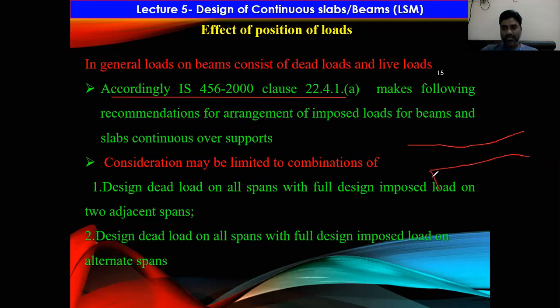That means, as I told now, suppose it is a two span beam, it consists of minimum three spans, because this method is applicable for continuous beams or slabs having a minimum of three spans. We'll discuss what the limitations of the method are, right? So before going to that, I would like to explain what this is. So let us say you have three spans,